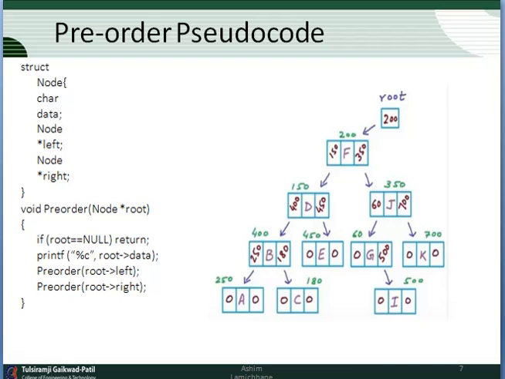So this is all about the things in which the pre-order traversal for this given diagram is also somewhat different. There is one pseudocode that I want to discuss with you, where the node is visited, then left, then right for pre-order. If root is equal to null, return; print the root's data; then pre-order of root's left, and then right. That's it. So in pre-order we can follow the simple concept: the root will be visited first, then the left subtree, and then the right subtree.